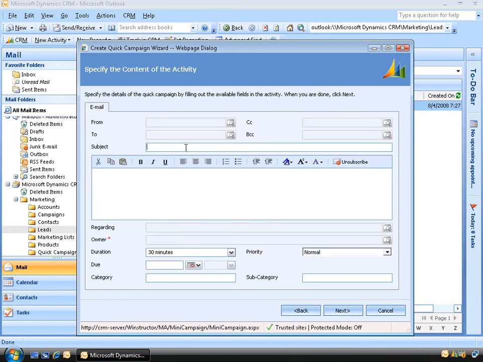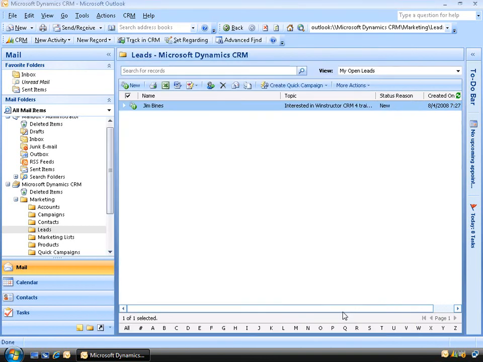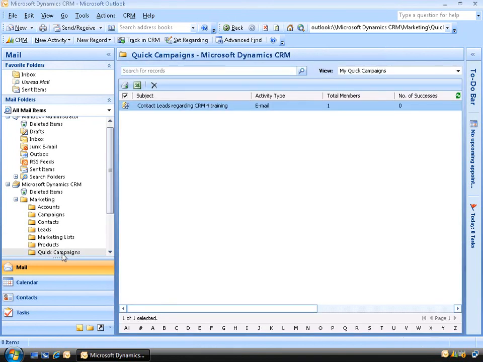So we'll give this a subject. We'll say notify leads about CRM for training. And I won't fill in all the other fields here since we've already talked about them in earlier campaigns. And we'll just click Next and then Create. So now on the left, if we go and select Quick Campaigns, there's the quick campaign that we created and